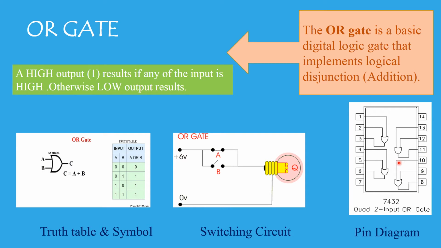So remember, this is purely for your laboratory purpose. When it comes to implementation, you have to remember the basic IC numbers and the pin diagram. Only when you connect it in this way, you'll have the outputs to be seen. If you connect the output wire to either of the inputs, at times it will get a short circuit or it won't perform its function properly. Next we will see